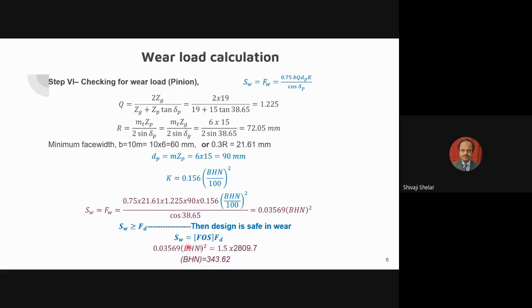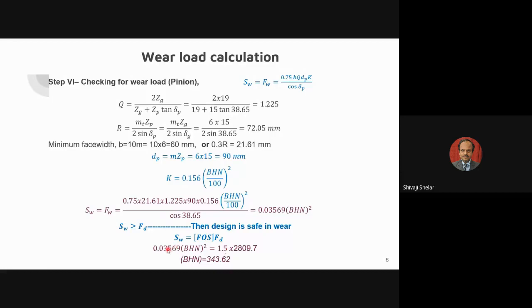Again, the factor of safety for bending can be different and the factor of safety for wear can be different. Sometimes it is specified in the problem that the minimum factor of safety for wear should be 1.2, 1.25. It is in the range of 1.2 to 1.75. But for bending, the factor of safety is very large. Sometimes it can go up to 3. For wear, it is smaller, in the range from 1.25 to 1.5. Let's say we select 1.5.